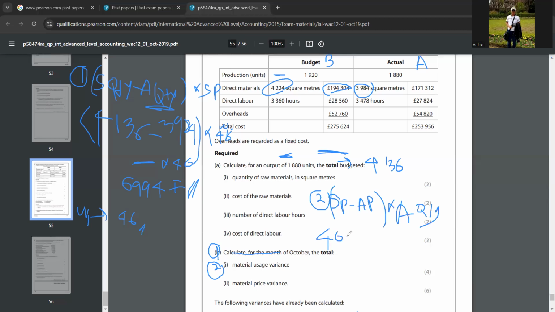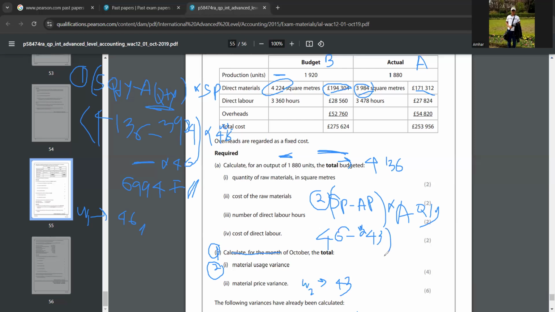So you can put 46 here minus actual price. We don't know the actual price. So we'll put working 2 and then show it here. Working 2 will be this answer divided by this answer. Then only we'll get the per unit value. So 171,312 divided by 3,984. Then if you divide that, you will get an answer of 43, right? 43 pounds. Yeah. Okay. So 46 minus 43